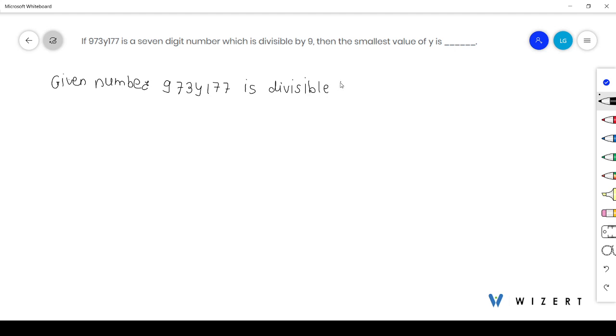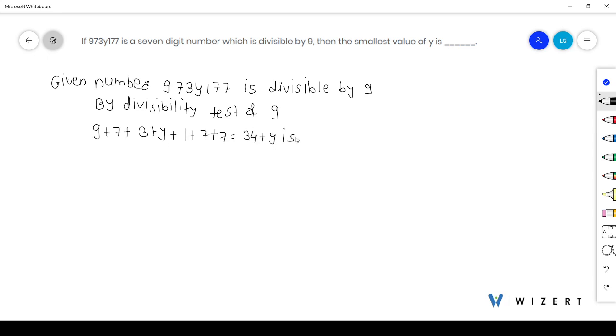divisible by 9. So, by divisibility test of 9, the sum of the digits of that number, that is 9 plus 7 plus 3 plus y plus 1 plus 7 plus 7, that is 34 plus y, is also divisible by 9. So, the possible values of 34 plus y will be